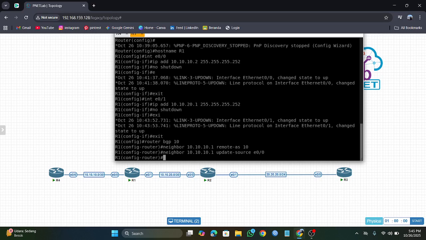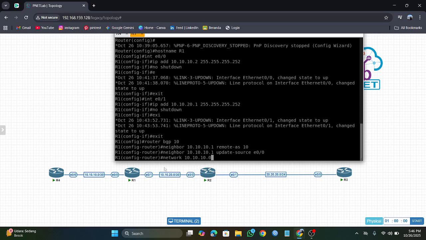Okay, after we set up the remote AS 10, neighbor and update source, we then set up the network as well. You can type network with this IP.